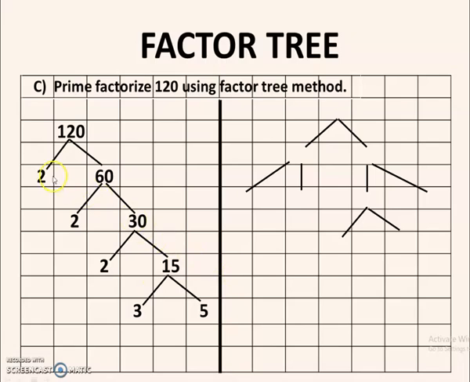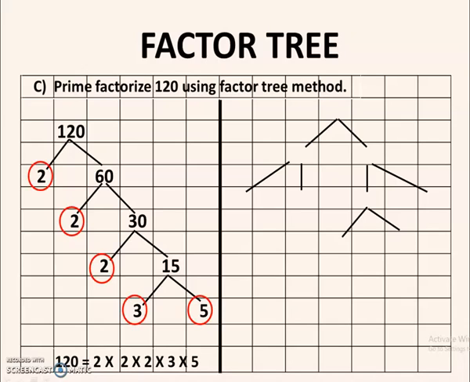So you all can see 2, 2, 2, 3 and 5. They are all prime numbers. So let us circle them. We have got all our prime numbers. There are no composite numbers left to be factorized. So let's circle the prime numbers. Yes. Okay. So we have got our prime factors, and we can write our answer as 120 is equal to